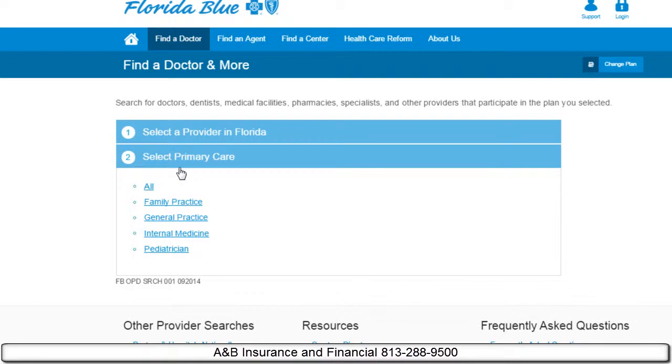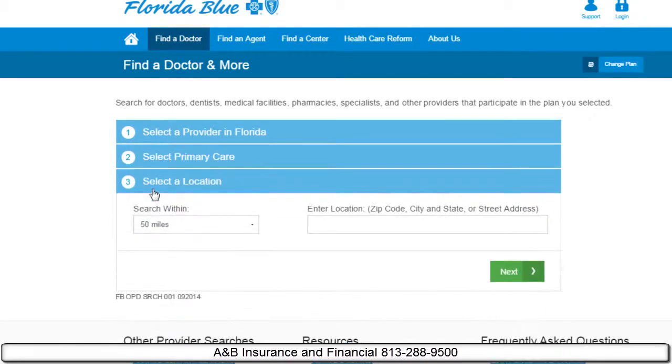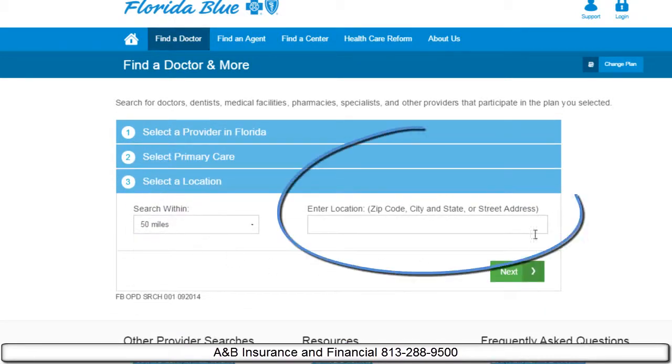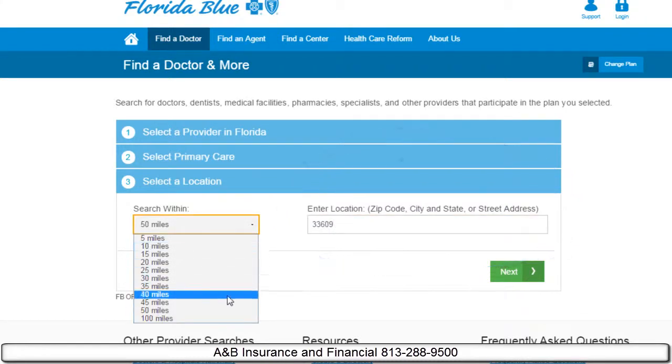Click on primary care. We would then click on All. Now we would enter a location. This could be everything from a city name, such as Miami, Florida, or something as simple as Largo, Florida, or a zip code, 33609, for example. We can select what radius that we would like to search within, and then we would hit